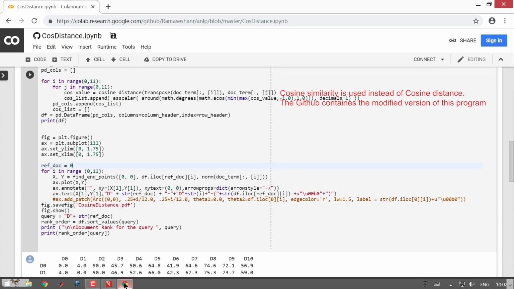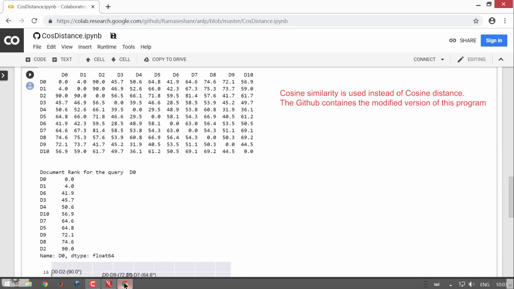At the end you have the rank order in sorted fashion. Once the values are computed for the reference document, you sort the documents with respect to the reference document. The rank is printed in ascending order.